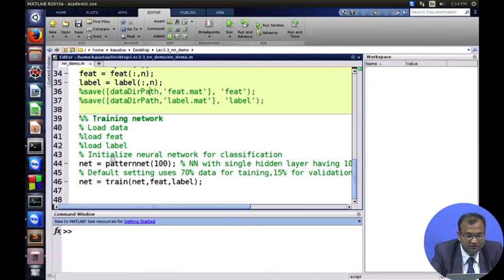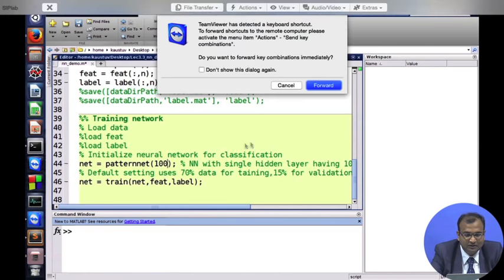Now what we do is, here is where we start defining the network, and it's a very simple command actually in MATLAB, where you can define this as a pattern classification network which just has 100 neurons in one single hidden layer. So if I just want to change, I can just make a comma 10, so that would make two different layers in which the first one has 100 neurons, the second one has 10 neurons over there. And by default,